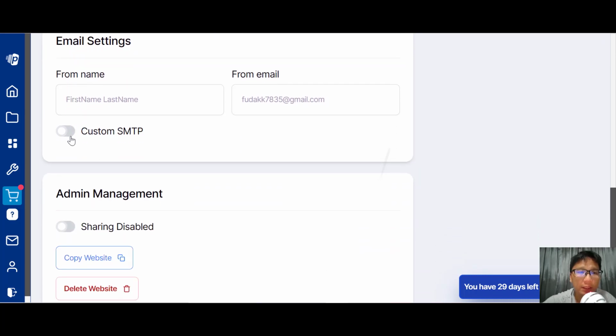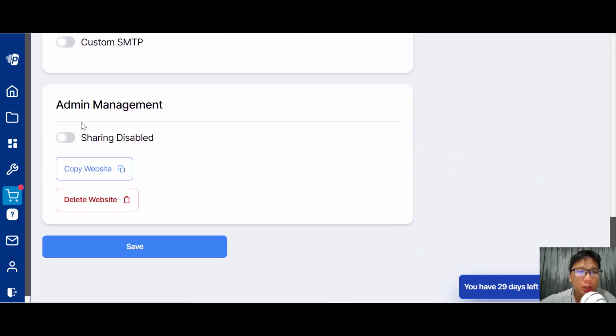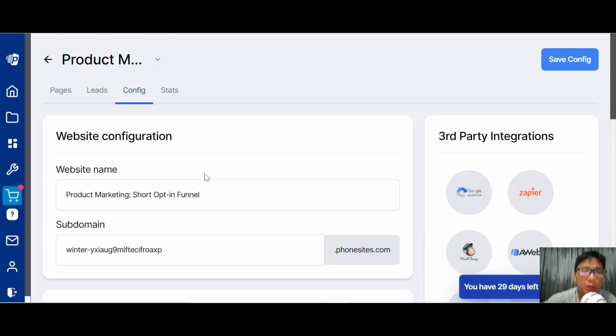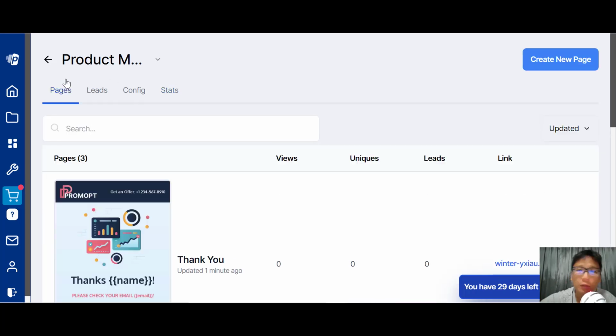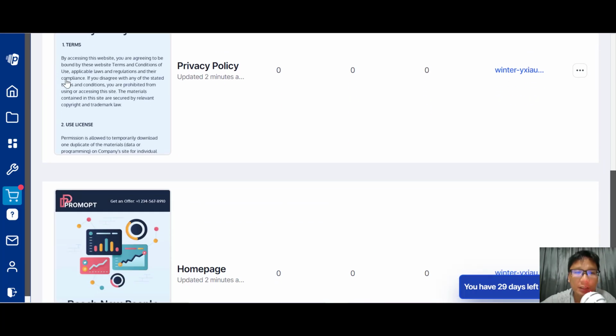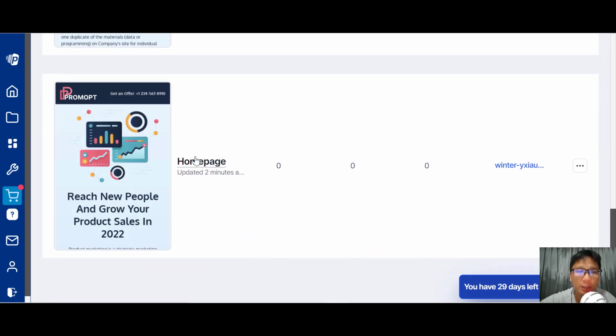And some email settings, admin manager. You can actually copy the website, or you can actually delete the website itself as well. Okay. So for the stats, you can actually see the stats over here inside the template itself also. Okay. So in order to edit the page itself, you can actually go down to the page, the home page